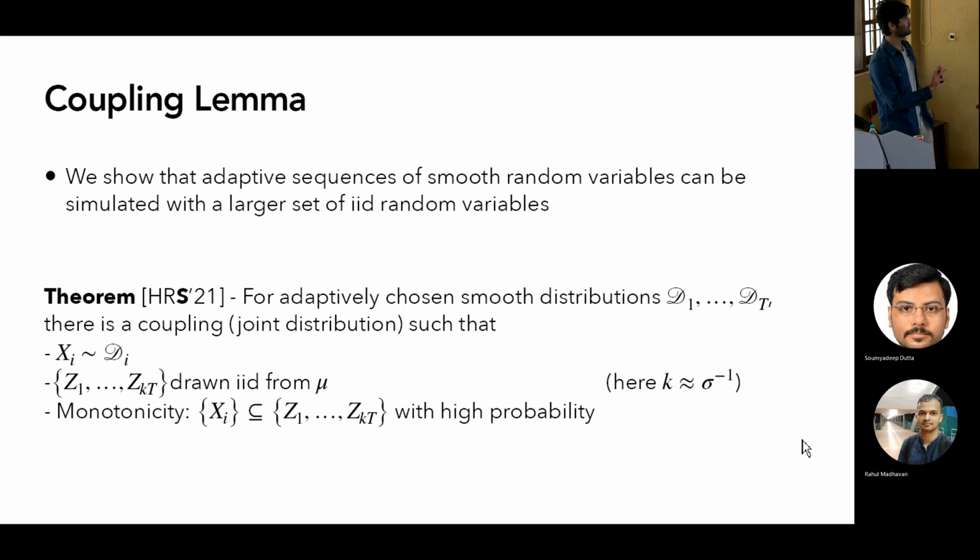So I mean, okay, it's very important to notice the following. I'm saying there exists a coupling. So I'm not saying this is independent of this or anything like that. That's false. In particular, it can't be independent of this because of this property. So there's some joint distribution between this and this, but these are independent. But there's some joint distribution between this and this. And Z1 to ZKT,